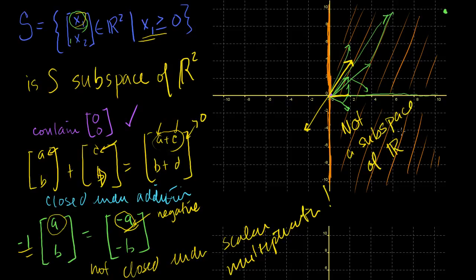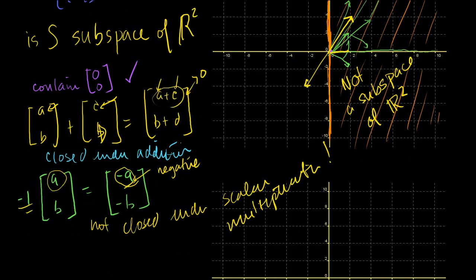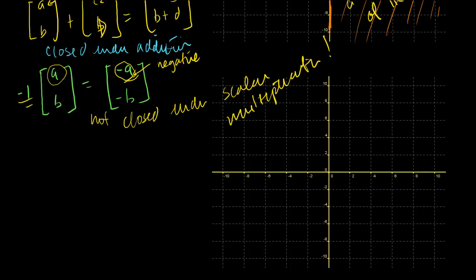So this is not a subspace of R2. Now, I'll ask you one interesting question. What if I ask you just the span of some set of vectors? Is that a valid subspace? Let's say I have the span of some